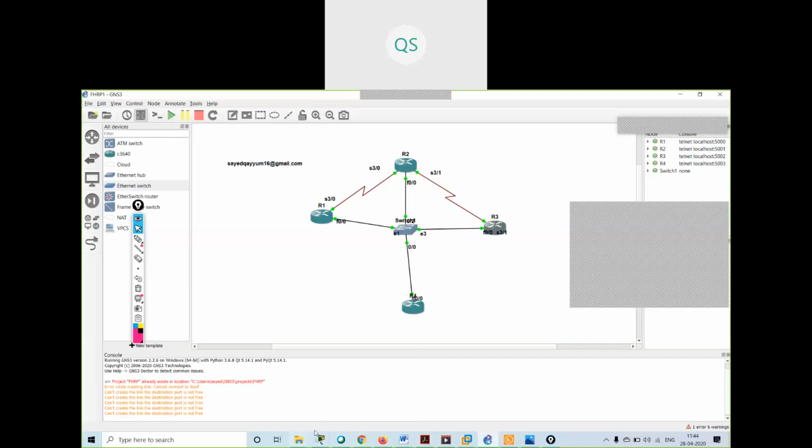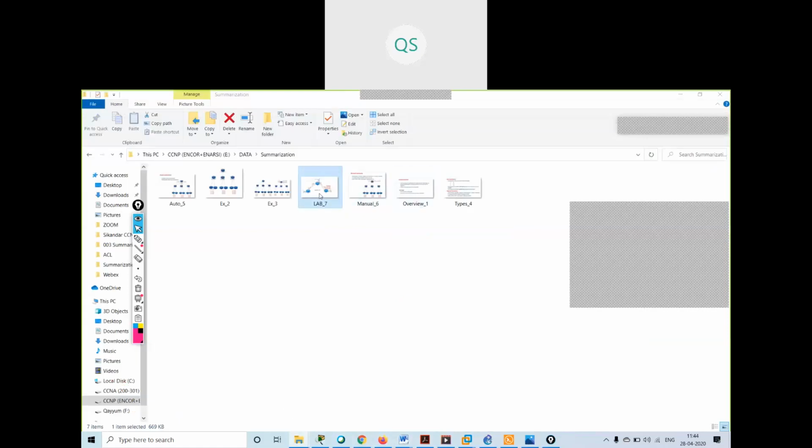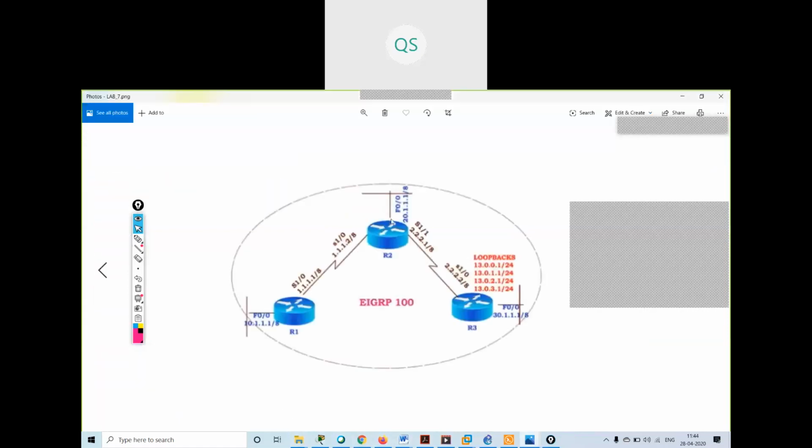So see, this is my diagram, this is my topology. I'm having a 10 dot network in the LAN and a 1 dot network in the WAN connected with this, and I'm running the EIGRP protocol. I have some loopback addresses on R3's router.